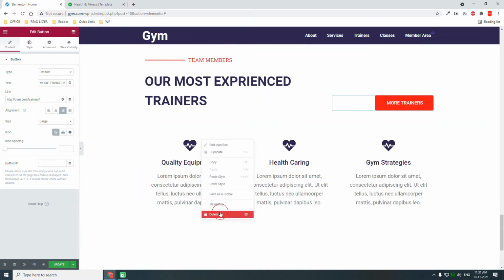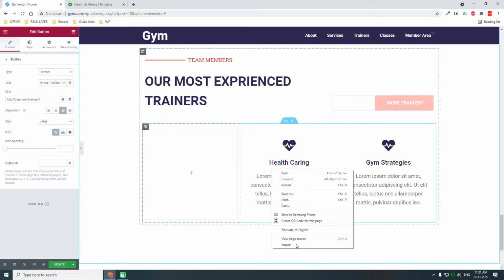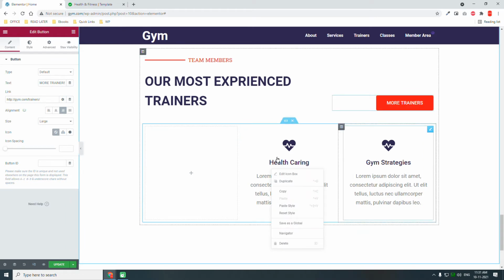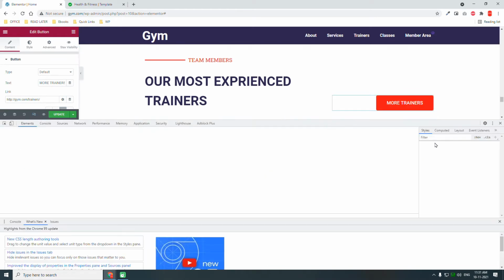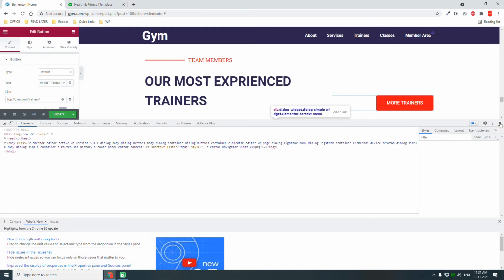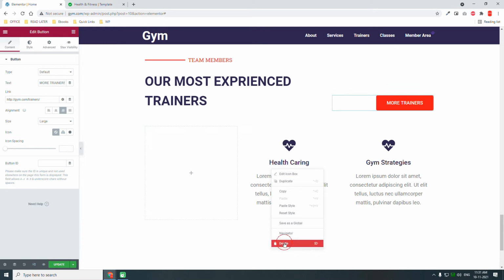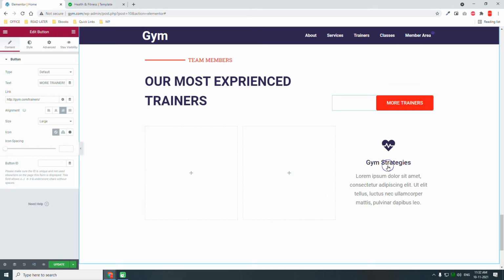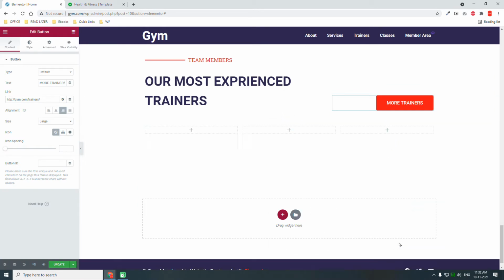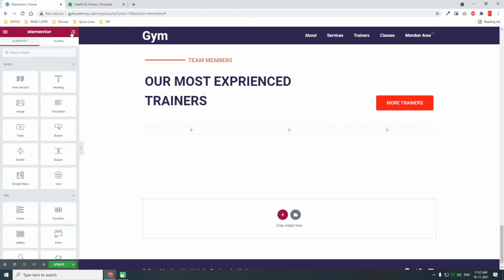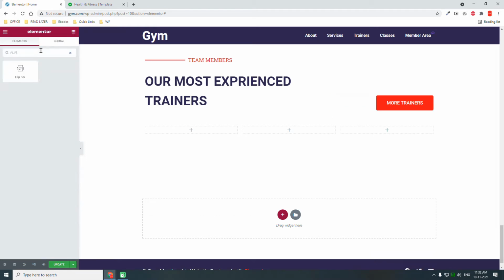and this we do not need this icon boxes. Sorry. What we need is flip box. Okay,